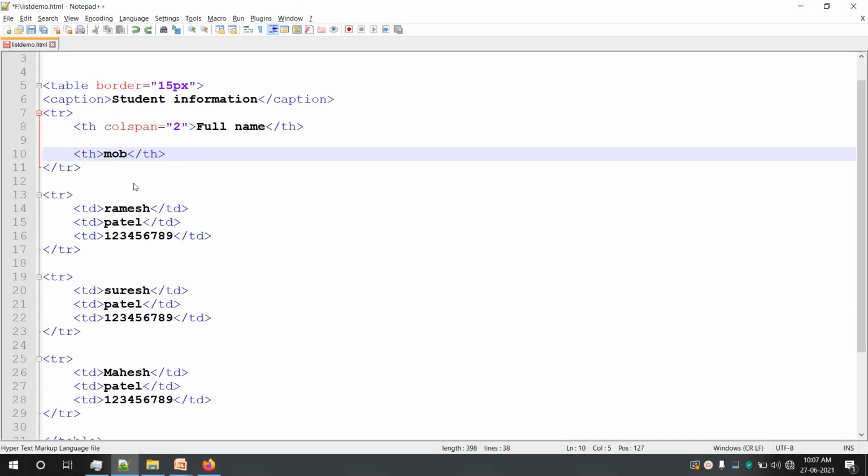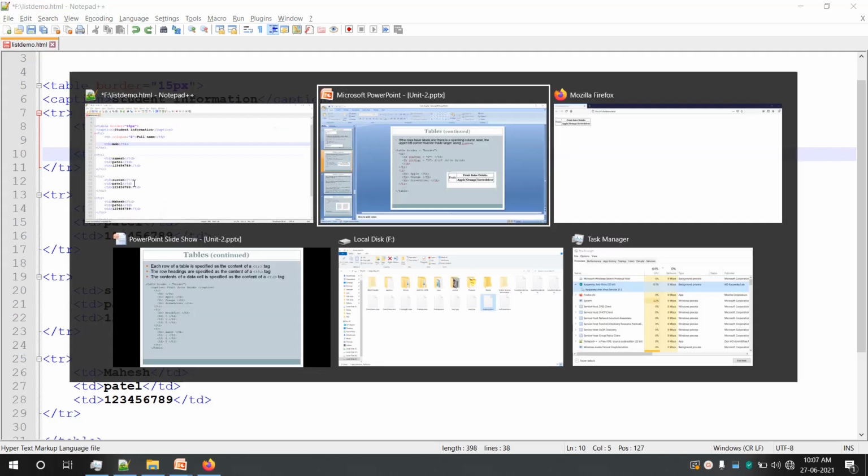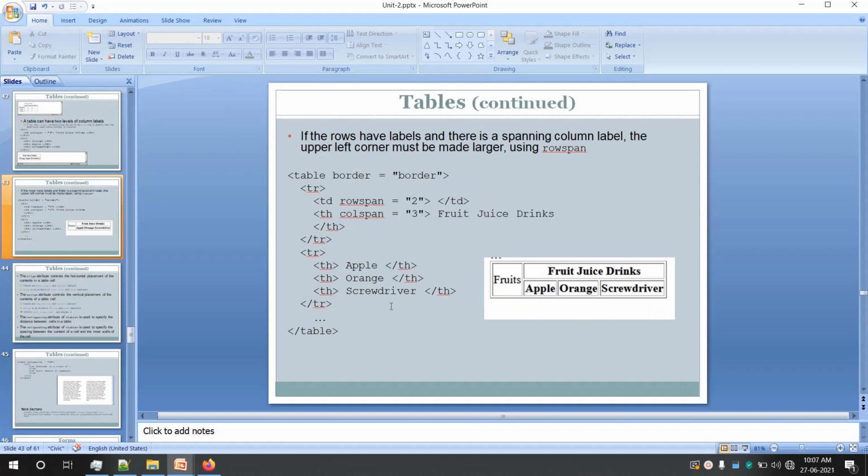Okay, let us see how we can use a row span. Say we want to create a table like this. You can see here this first cell spans 2 rows, whereas the second cell is taking a col span of 3 different columns. So 1, 2 and 3 columns, whereas the first cell is taking 2 rows. So we have row span here as well as column span.